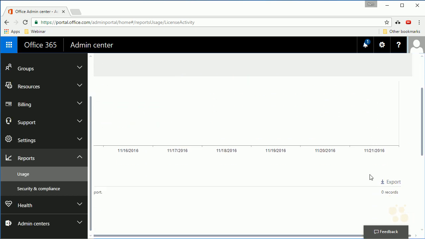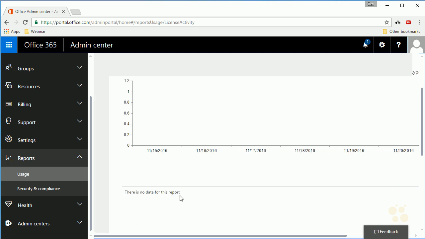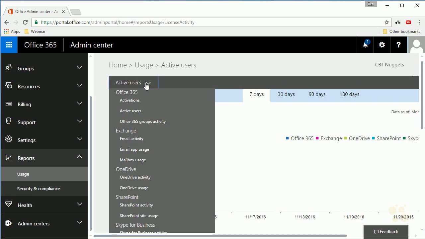Every report is going to have a little export option down here in the lower right, and that's going to allow you to save the details of the report in a .csv file. Let's take a look at